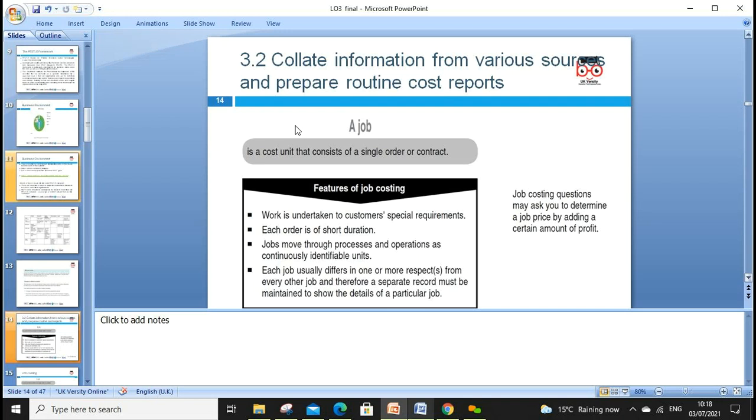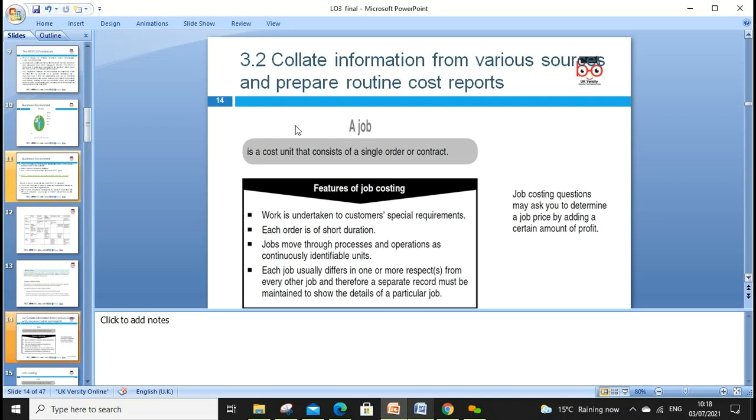We discussed management accounts and financial accounting. Management is internal, financial is external. Financial is the balance sheet and so on. Management account reports, like budgeting, flex, fixed, we discussed those. We can prepare the cost reports based on the unit cost and what is happening. We discussed the high-low method in the previous lesson.